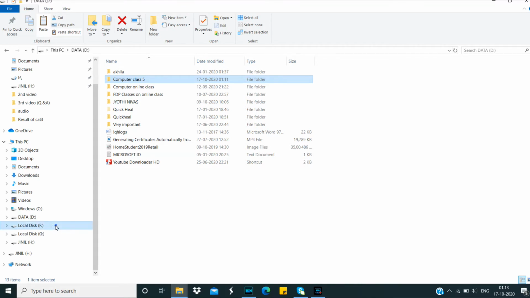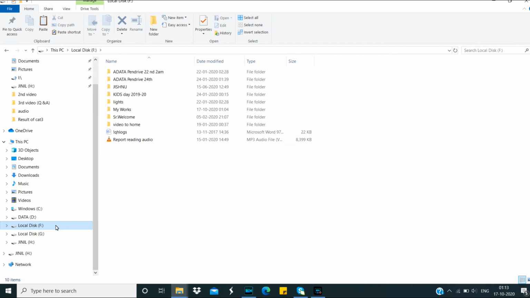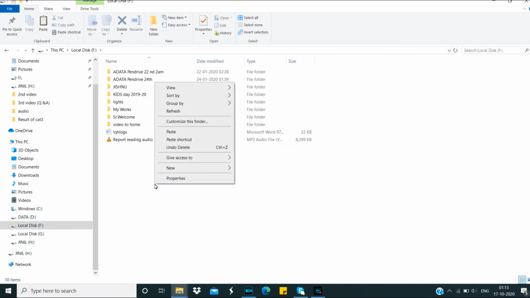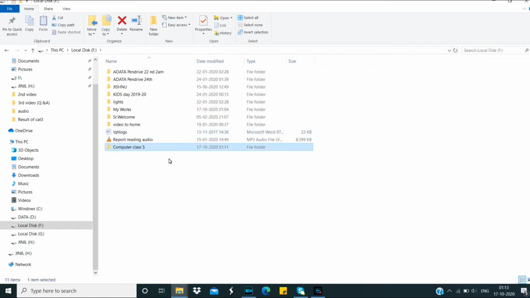Yes, F drive is opened. Now we have to paste here. For that, right click on the blank space, select the paste option. Copy to F drive. Children, in D drive, will it be there, the original folder? Let's